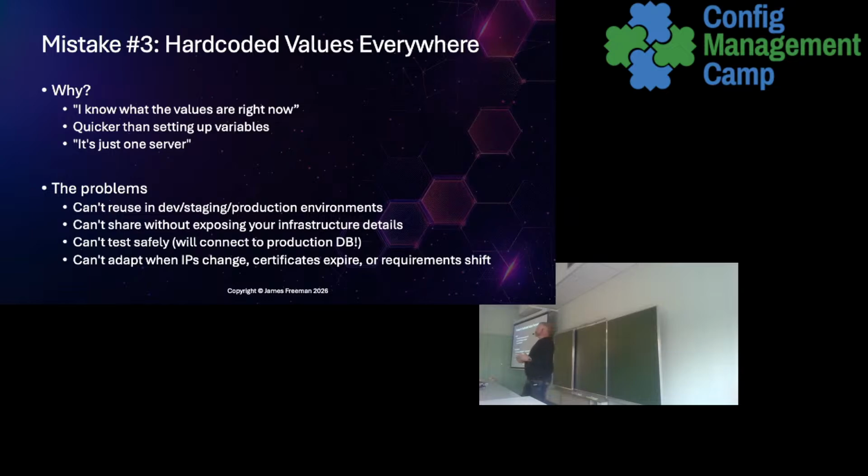Then you come down the road a bit. You may be adding roles, you're adding tasks, that kind of thing. So you want to reuse it. How do you then reuse it? If you've used the same value, particularly if you've used it in like 3 or 4 places in your code, do you then have to do a search and replace on that? Do you have to think too hard about where it is?